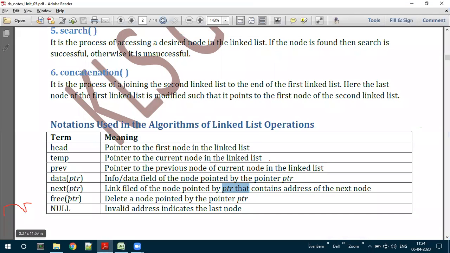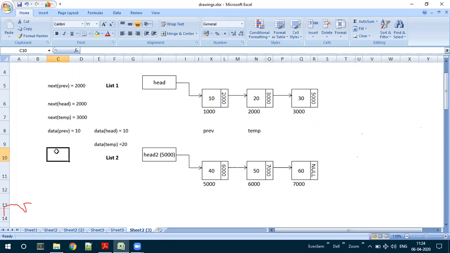Now, next is free PTR. What does free mean? Free is the function to delete the memory location which is pointed by the pointer. If we want to delete a particular node, we can do free PTR, then the node will be deleted. For example, say free temp.